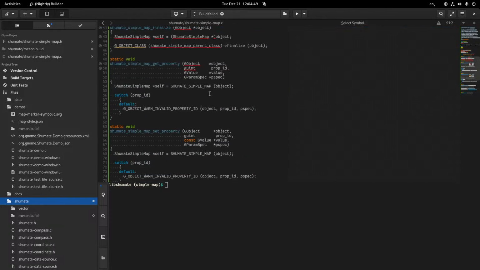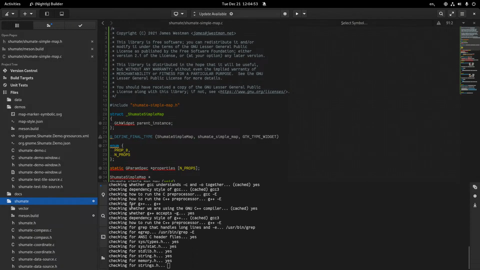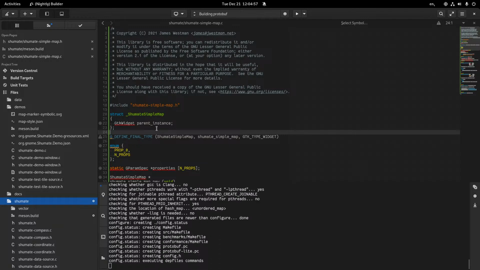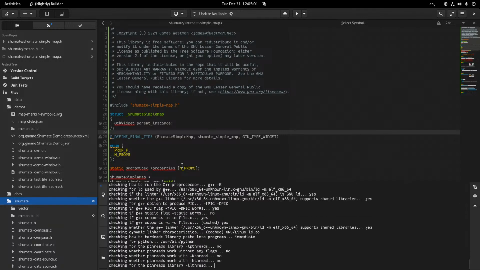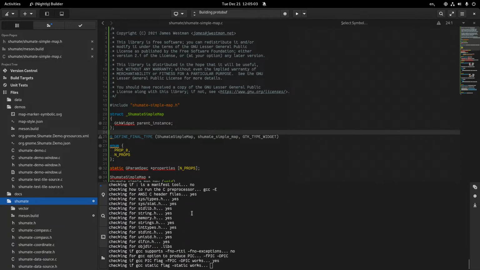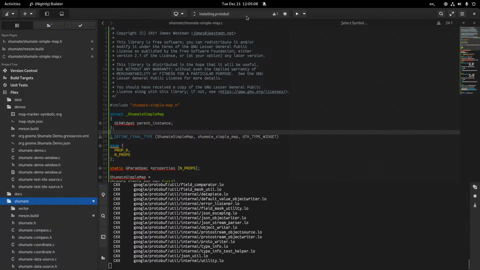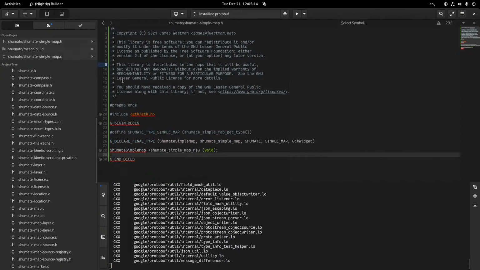Alright, so we've got that. Let me make sure that it builds before I go too much further. It looks like it's going to try to recompile some dependencies. So let me go ahead and start on this